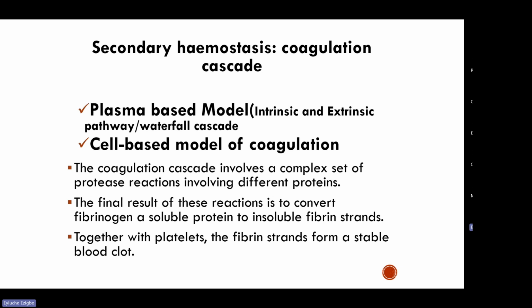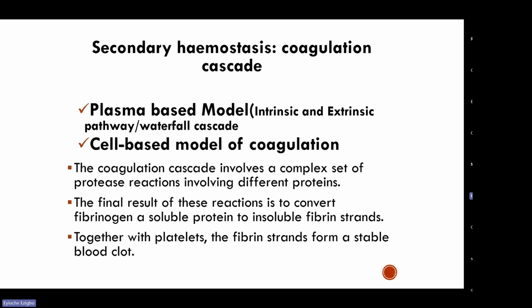Secondary hemostasis can be described using what we call the plasma-based model, and we can also use the cell-based model, because of some discoveries that scientists were able to make. So there's an upgrade on the description of the coagulation mechanism, because in the past, the two coagulation pathways, that